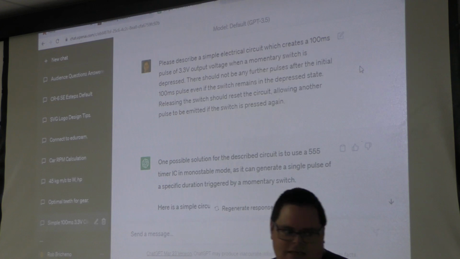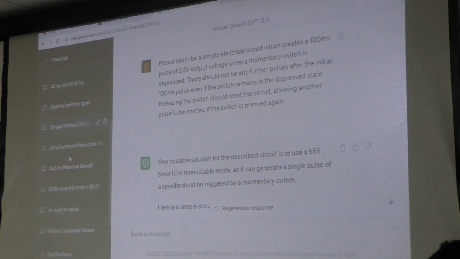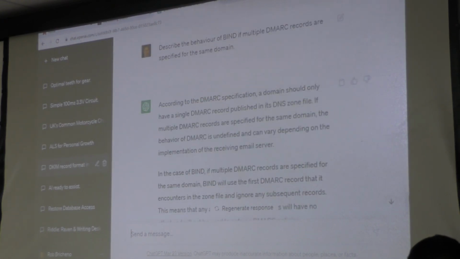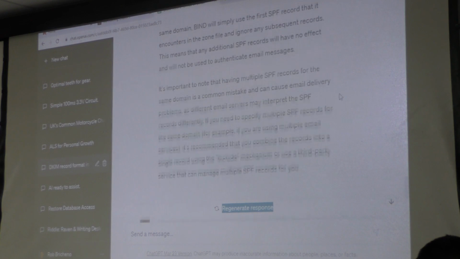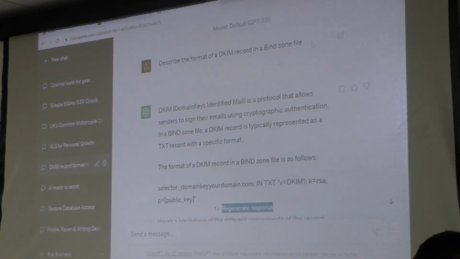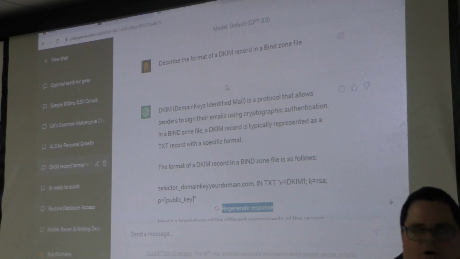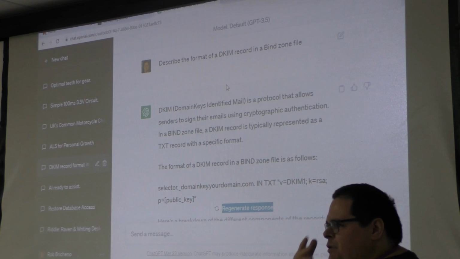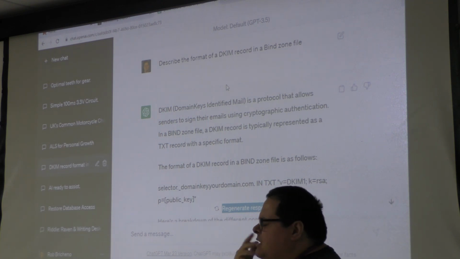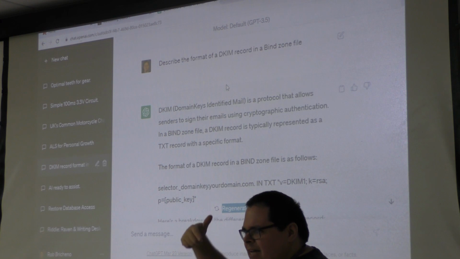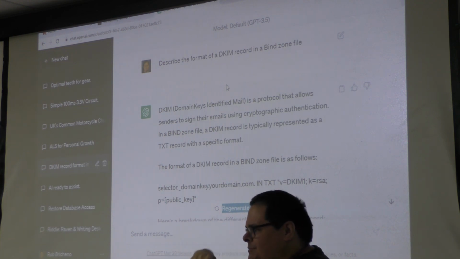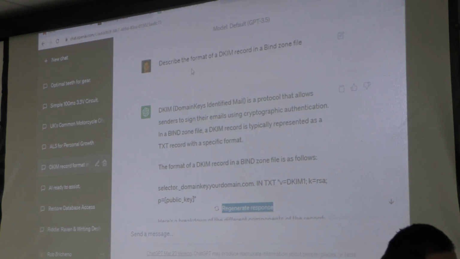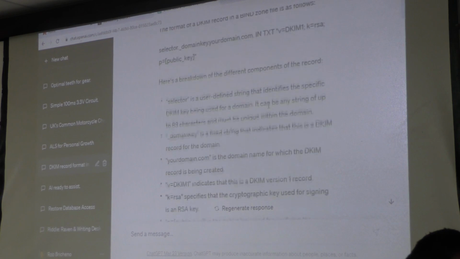But I also use it for work things. Like I've got this here where I wanted to know stuff that was going to be in the man page of the BIND domain name server. But I didn't want to read through that man page. And I also wanted to know things that weren't necessarily going to be readily accessible from the man page. Like I might have been able to work it out, but really I wanted to know what the behaviour was in certain cases. It's a slightly sort of a cross-section of a question rather than something that a man page is designed to answer. So firstly I say describe the format of this file, this record, but then I was